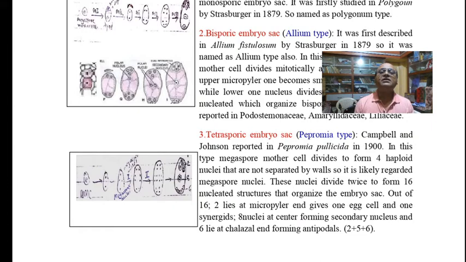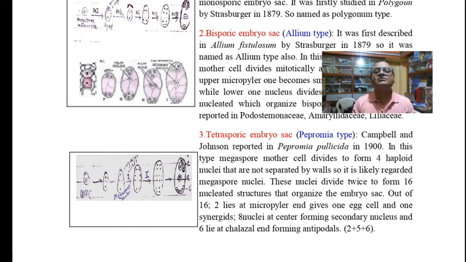Finally, the tetrasporic embryo sac. This is also called the Peperomia type because Campbell and Johnson reported this type of embryo sac in Peperomia pellucida in 1900. In this case, the megaspore mother cell divides to form 4 haploid nuclei, and these 4 haploid nuclei are not separated from each other by a wall, and they function and are regarded as megaspore nuclei, and these nuclei divide twice to form